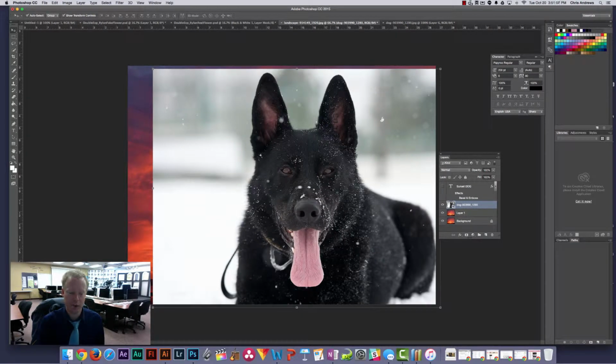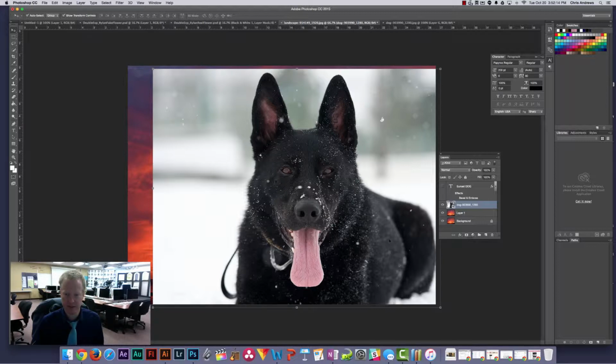In this tutorial, I just want to briefly show you how to use a layer mask. A layer mask is one way for us to select a portion of the image and only show a portion of an image. There are other ways to use it as well, but what I'm going to do first is